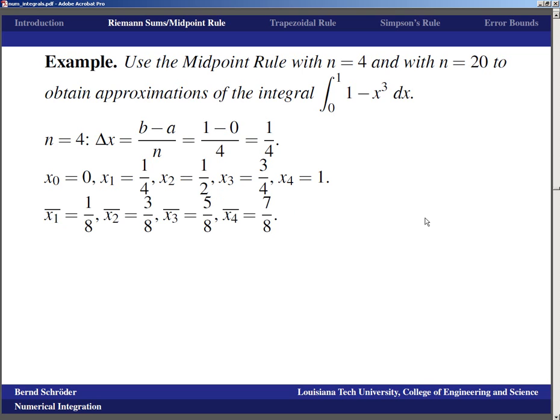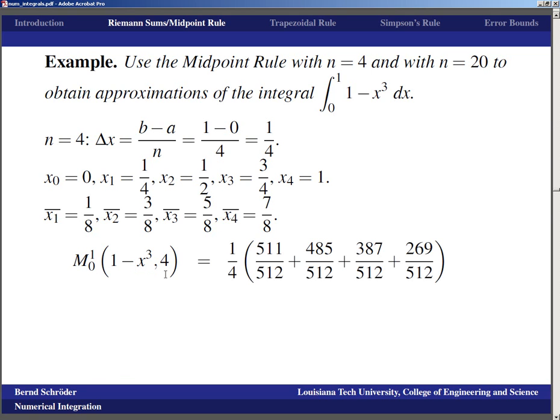So yeah, you have to work with your fractions a little bit more. But, I mean, working with fractions up to a certain point is good for the soul. So then the midpoint approximation from 0 to 1 of the integral of 1 minus x cubed with 4 rectangles is 1/4 times the value of the function at all those midpoints. Oh, goodness gracious. Let's see if we can at least try to talk our way through that. And I didn't even work on simplifying denominators and all that, because apparently it's not even possible. Well,